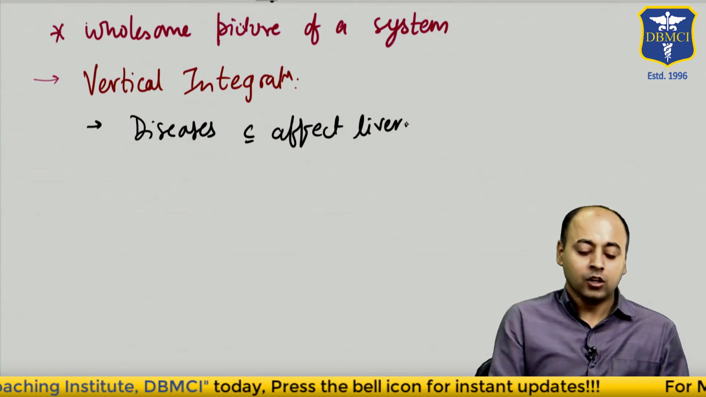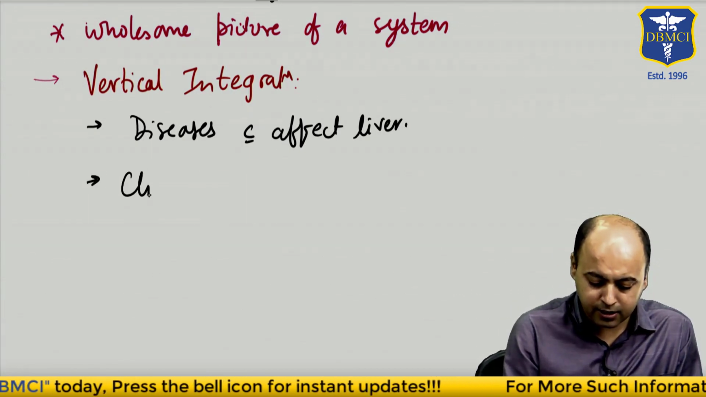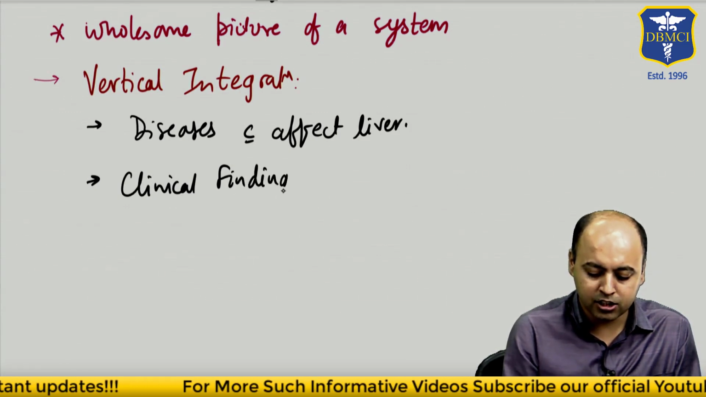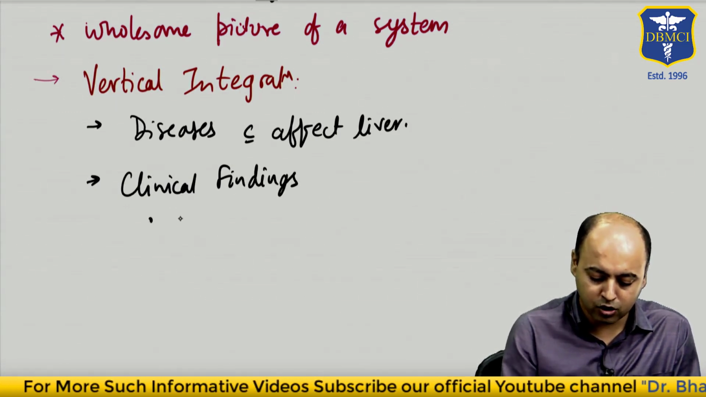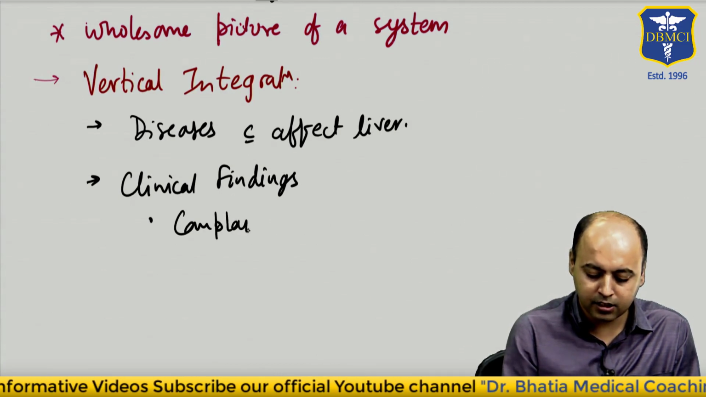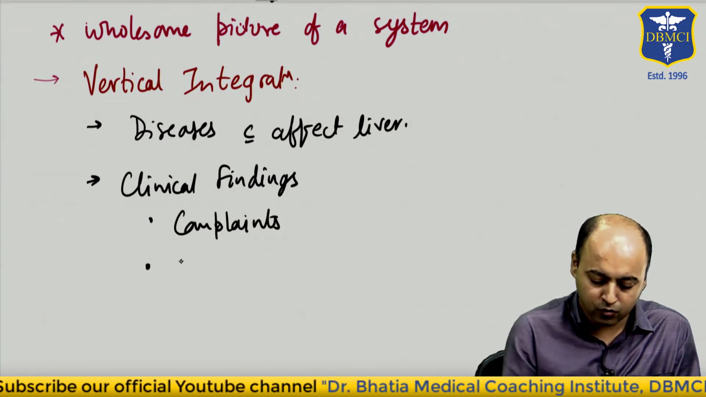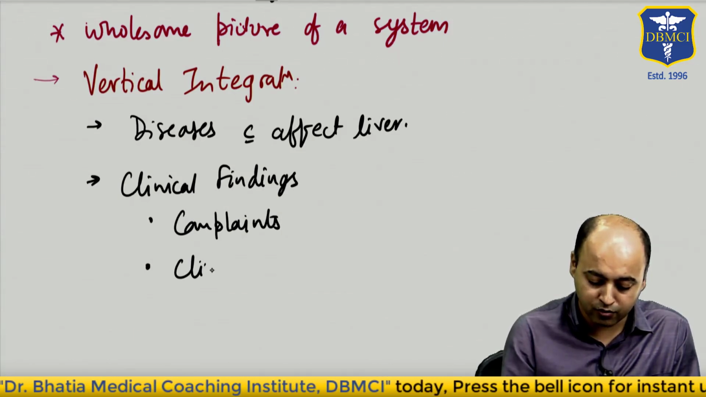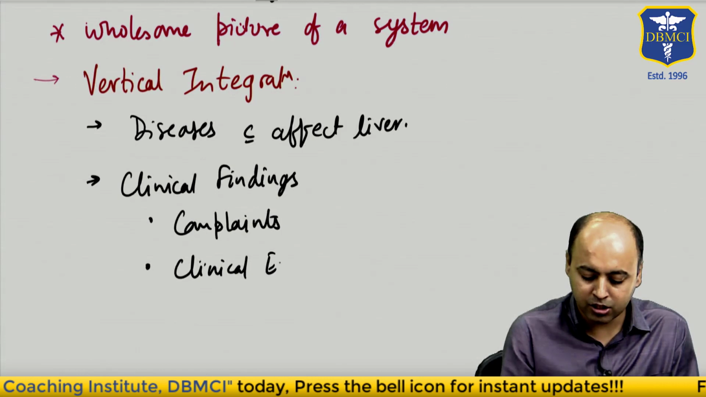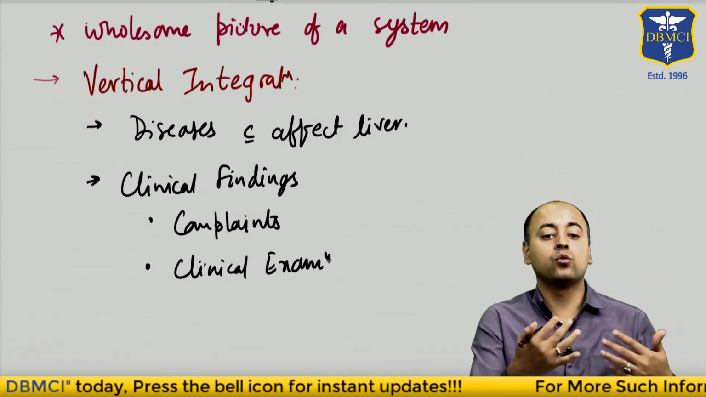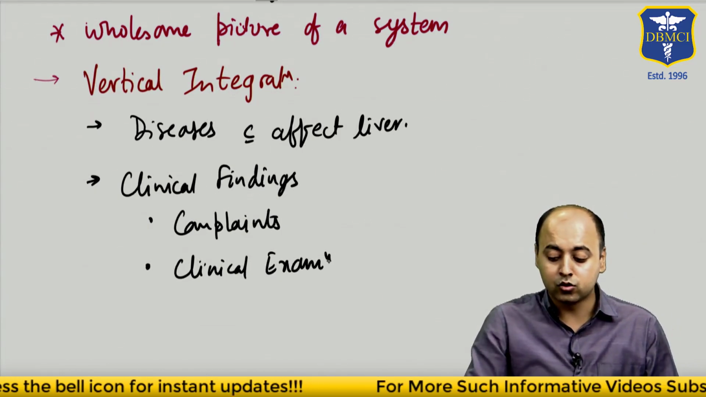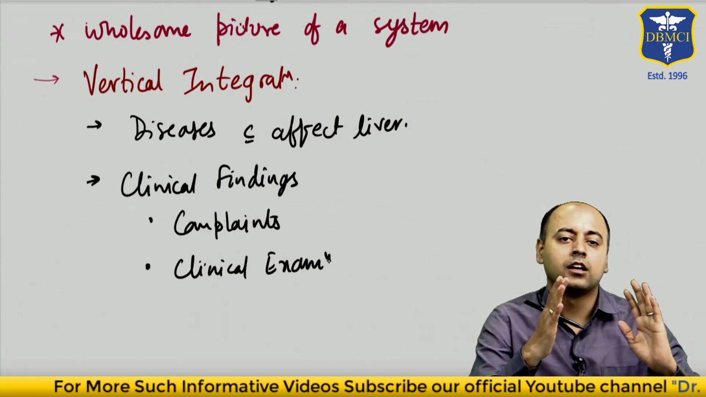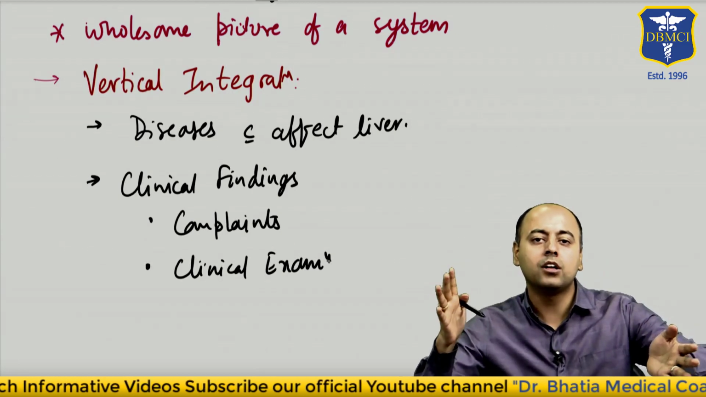We should talk about the clinical findings when a person is having a disease which affects the liver, meaning we should talk about the complaints that the patient will give us. We'll talk about the results of clinical examination, what all you are going to find when you examine the patients. So this will make up the complete scenario, not only the normal but also the abnormal, that is the disease